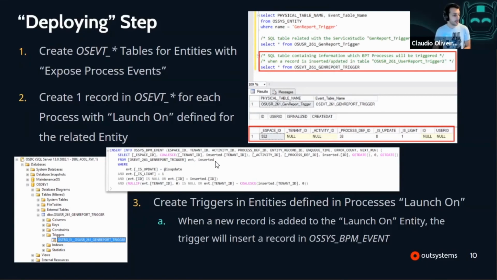together with inserted records on the entity, which means that whenever I insert a record on the gen report trigger, SQL will start running this trigger script, which will look for a record on the event table which is light. This is light flag is to know if the process is eligible to be a light process or not. Because if I had a process with more than one activity, then this is light flag would be false, and it would be a normal BPT process. But here it will search for one with is light true, so that is a light process, and then it